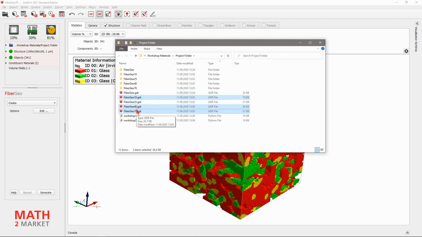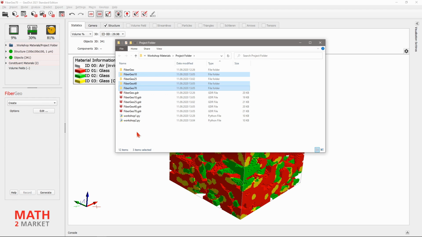So as always in Geodik, the results have a result file where all the parameters are saved, and all results are saved, and an additional folder where the structure, for example, is saved, or some result fields.